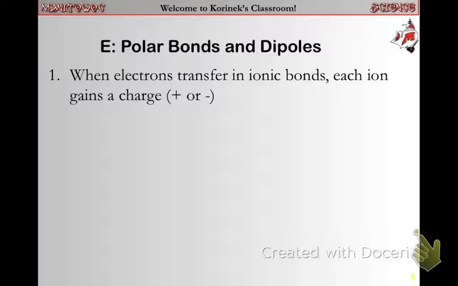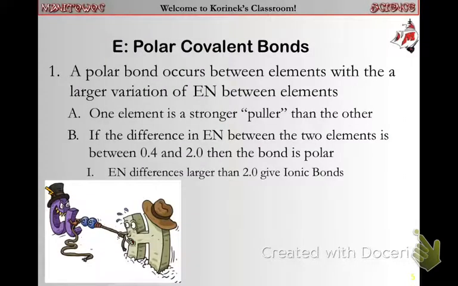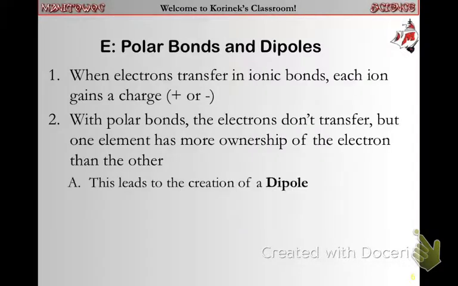When electrons transfer in ionic bonds, each ion gains a charge. So we call one ion a positive ion, and we call the other one a negative ion, so a cation or an anion. With polar bonds, electrons don't transfer. They're still being shared. But one element has more ownership of the electron than the other. If I go back for a second to my previous slide, chlorine here certainly has more ownership of the electron than the hydrogen. So this whole idea of unequal sharing leads to what we call the creation of a